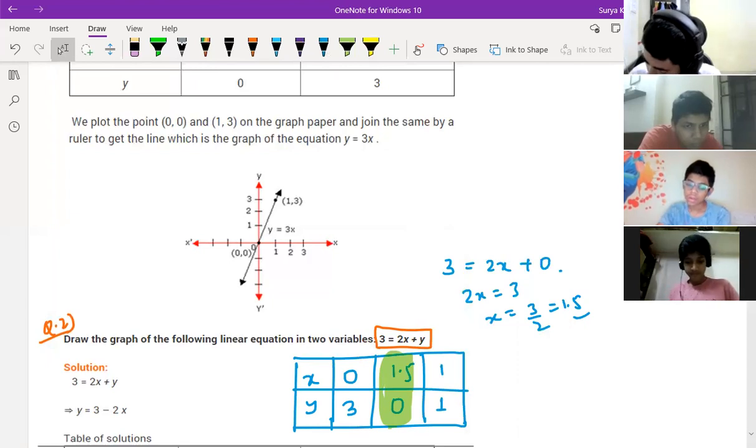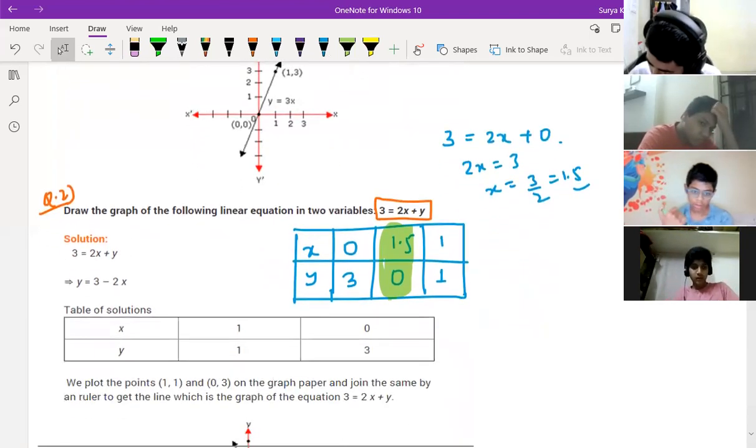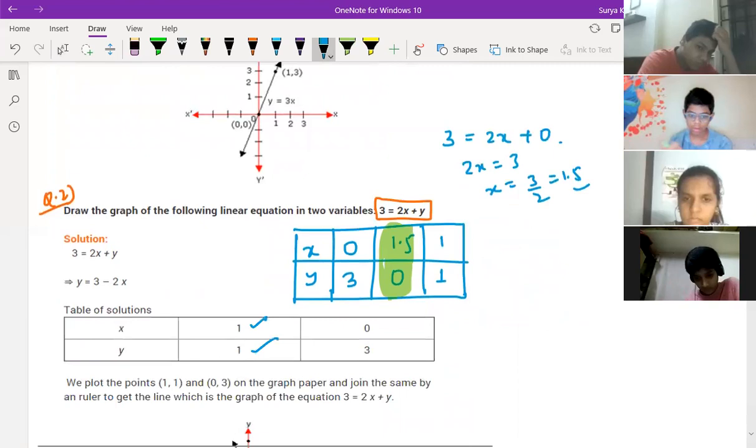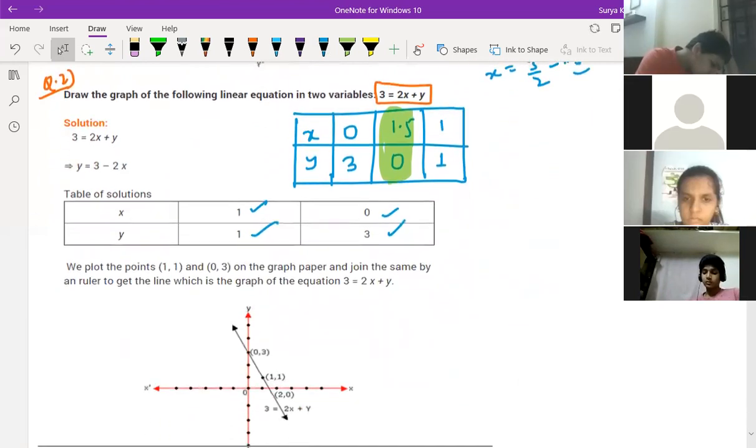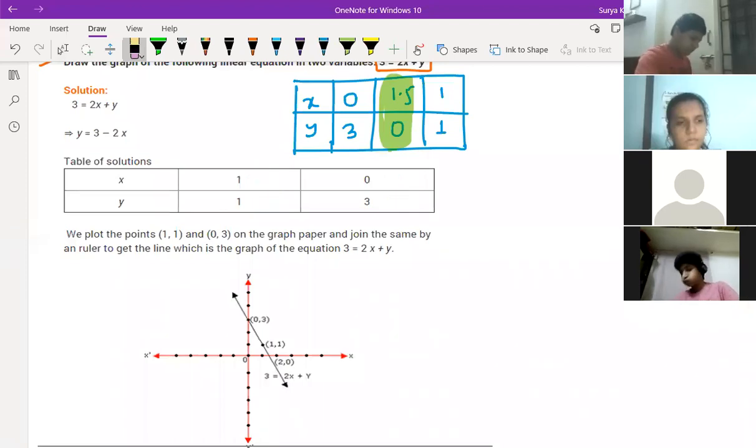Anyone having doubt in question number 2, children? No, sir. Sai Charan, you got the same answer? So see here, their final solution, 1 they have taken, and 0 and 3 they have taken. Okay. So your wish, any two points you can take and draw the graph. See, your graph is coming like this or not? Check. Ashini, you drew the graph in the paper? Yes, sir. No, I'm asking about the graph, not the points. Yes, sir. Okay, fine.